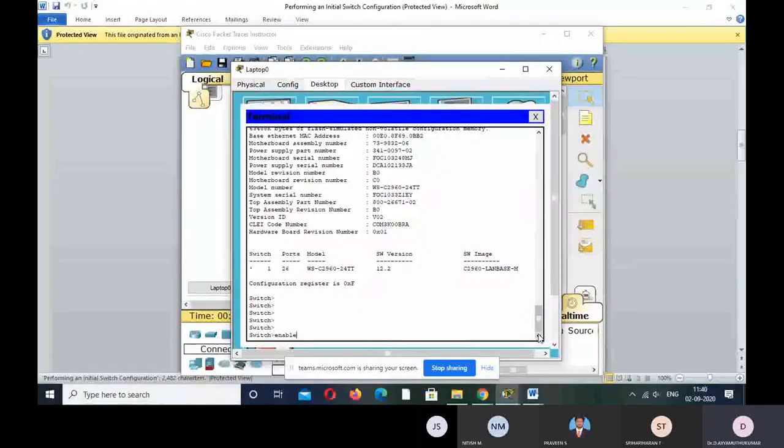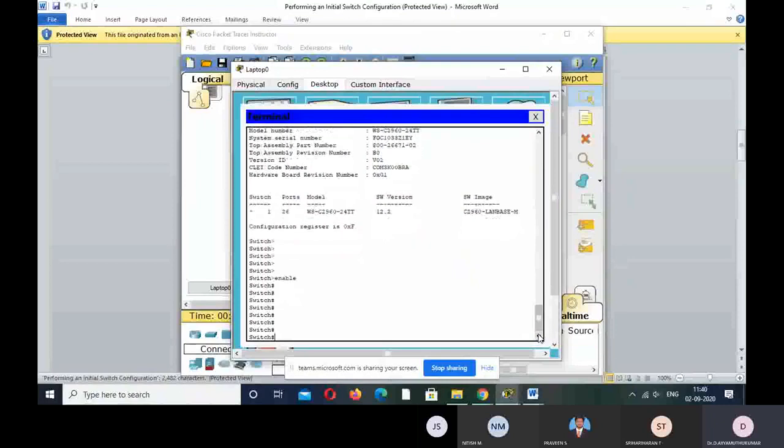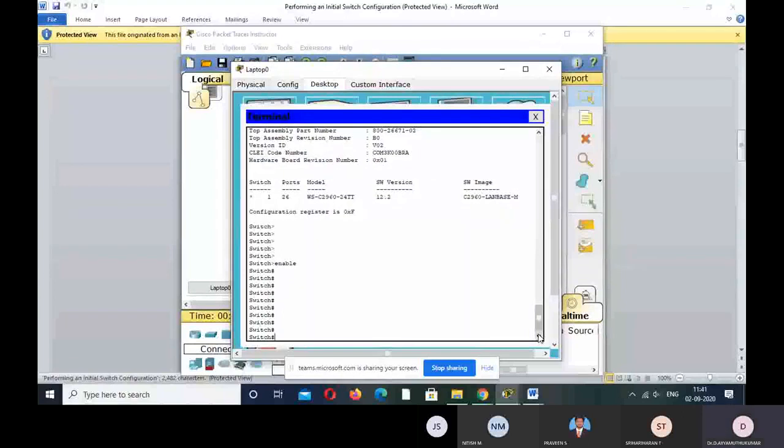So use the command called enable. Next you see that now it comes to the prompt called hash prompt. Hash prompt means it is privilege mode. By default, if you enter into any new switch, it comes to the prompt called user prompt. So the only thing is you can check the configuration by using basic commands, but we cannot configure anything at the user prompt. So what to do? You have to give enable, and enter into privilege mode. Okay.